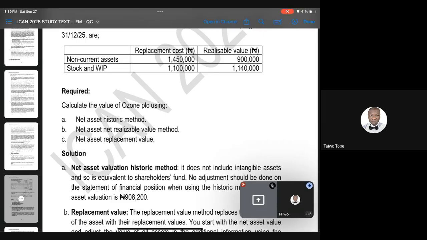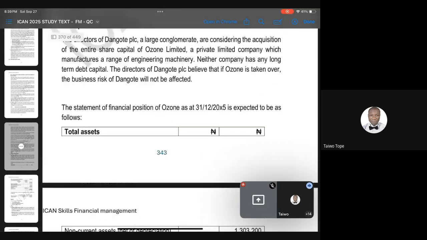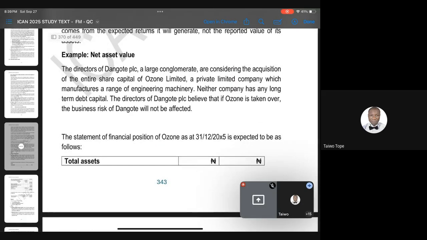Now they are not telling you book method, but once you've studied very hard and listened to this explanation, you should know what the historic method is, because in my explanation I said book value is also known as what? The historical value. So when you go to the example and you see it, don't begin to wander around. What is the historic method again? Yes, it's another word for the book value.